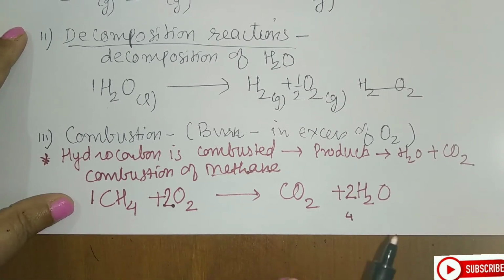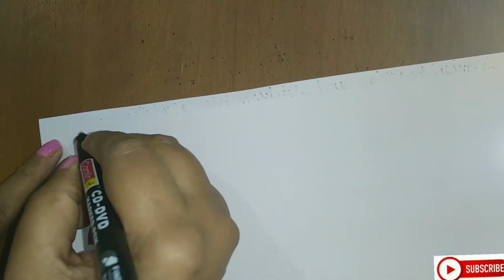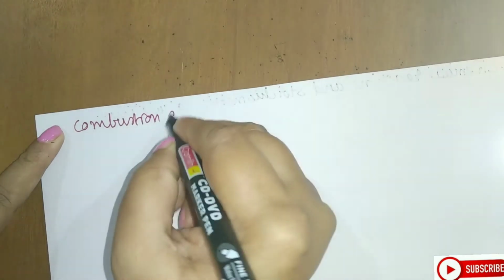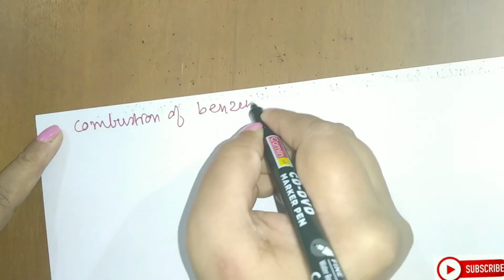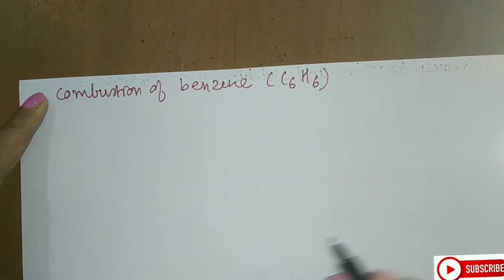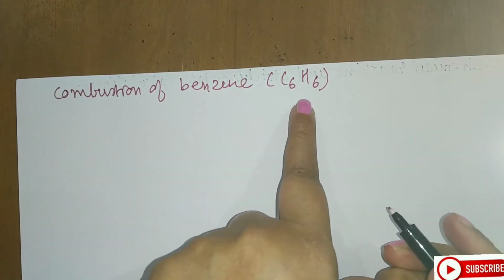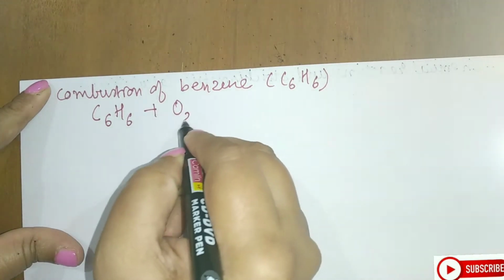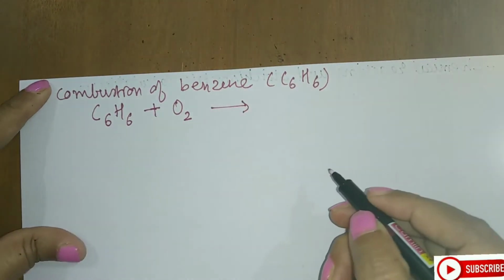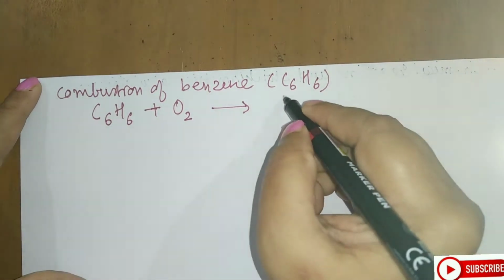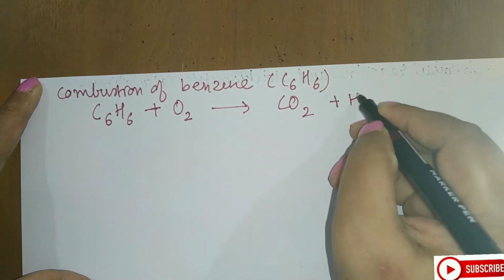To understand these combustion reactions better, let us have a few more examples. So let me take the reaction of combustion of benzene. What is benzene, student? Benzene is C6H6. Let us combust this. I will write benzene on the reactant side and add oxygen to it. As benzene is a hydrocarbon, simply a carbon and hydrogen compound, the products I will get are carbon dioxide and water.